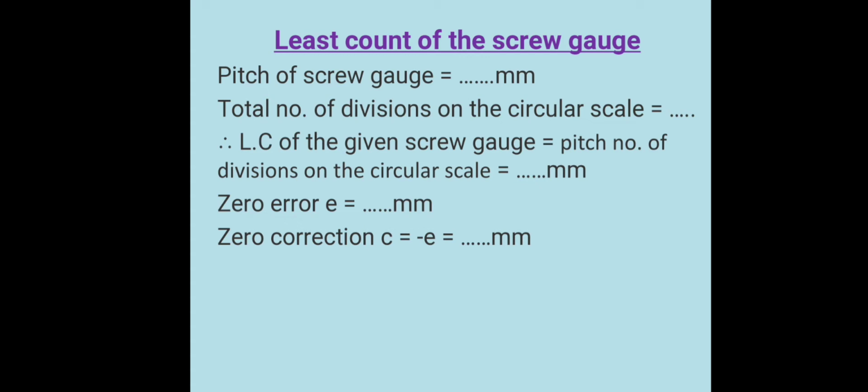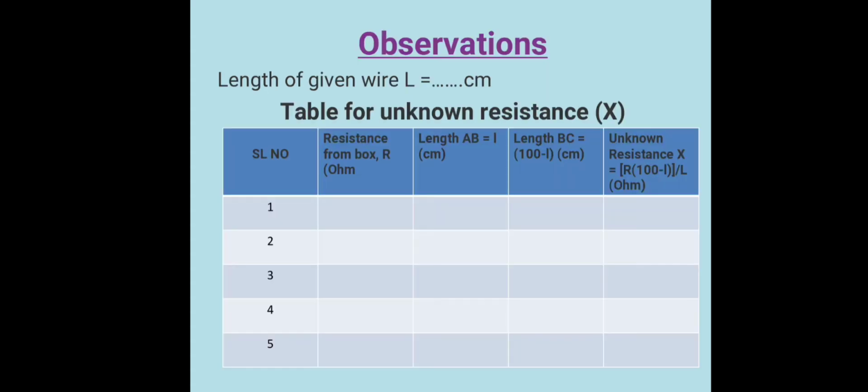Now, let us go back once again. Since we get the unknown resistance in 5 different instances, the net unknown resistance will be a mean of the calculations, the mean of the values of the unknown resistances which we have got in the 5 observations. That is, the arithmetic mean will give the unknown resistance.